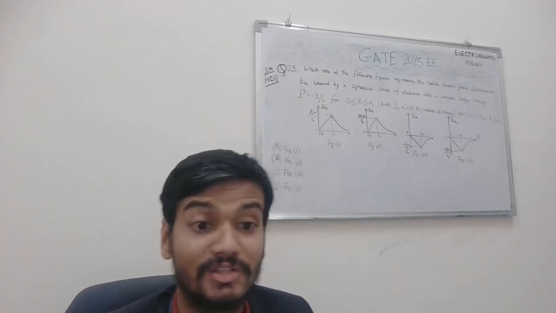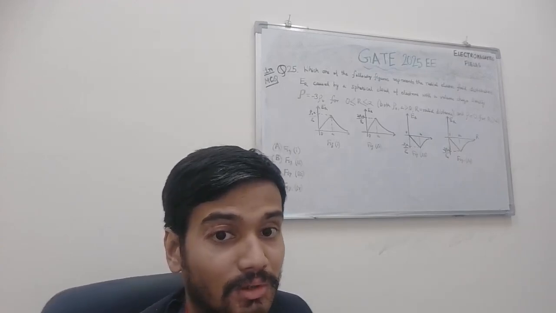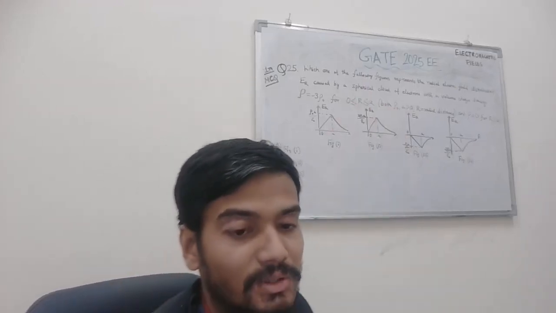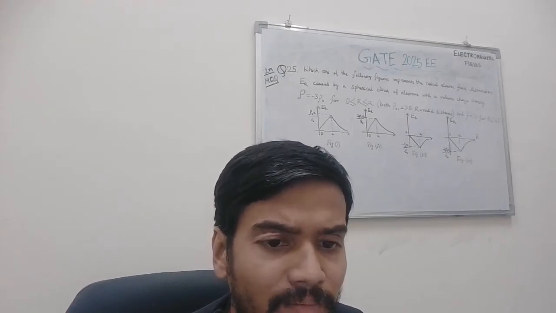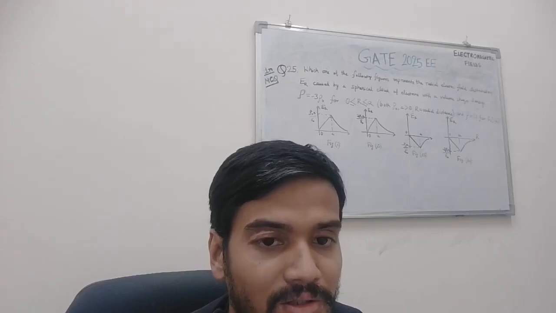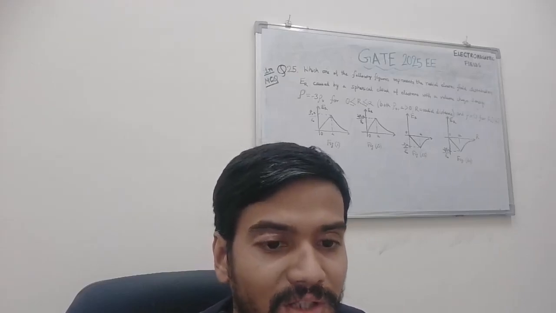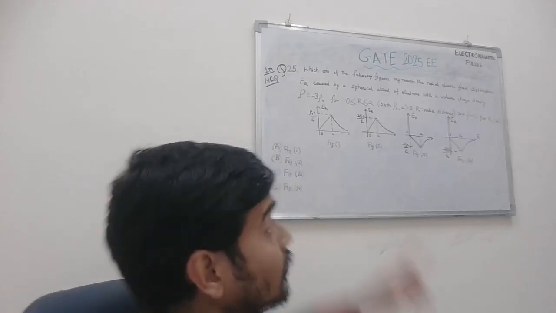Hello viewers, in this video I will be discussing the detailed solution to questions from the subject electromagnetic fields that came in GATE 2025 electrical engineering. So basically 3 questions came from electromagnetic fields, 1 of 1 mark and 2 of 2 marks, total 5 marks, which were of easy to moderate level again. In this video I will be discussing the detailed solution to question number 25 of 1 mark MCQ